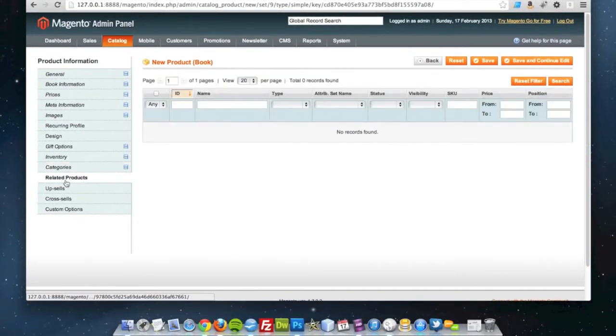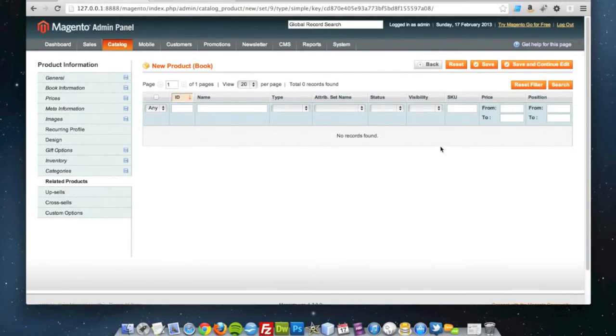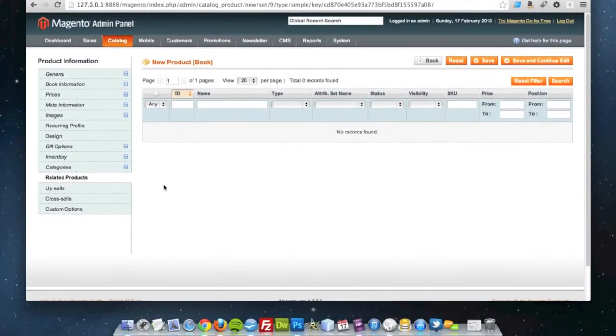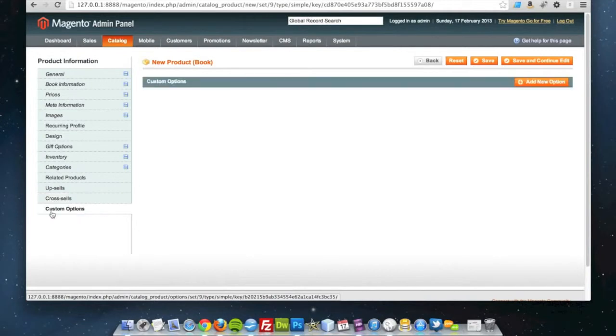Related products. There's no related products for me to add on the site at the moment, but it's as simple as checking the products when they show up. I'll be showing you how to do that in a future tutorial, and the same exact options apply to upsells and cross sells as well. I'll also be going over adding custom options in a later tutorial, so I'm going to leave that blank for